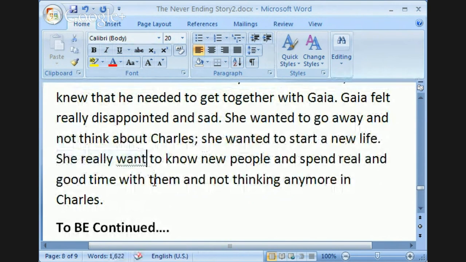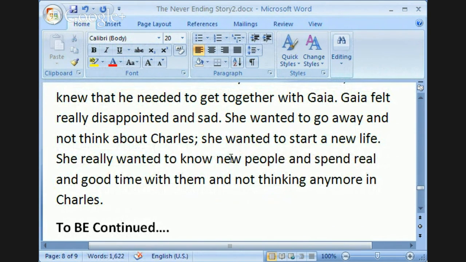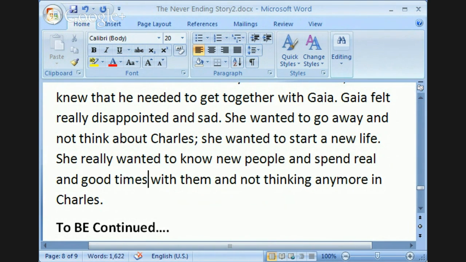She really wants, again, we're telling a story, so it's past tense, right? Wanted. Wanted to know new people. Oh, okay, you got the infinitive correct. She really wanted to know new people and spend real and good time with them. Should I say good time or good times? Good times, I think. This is hard to explain, but we usually in English say good times. Real and good times with them,